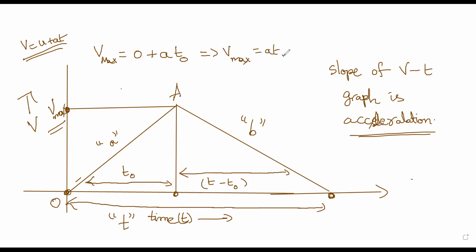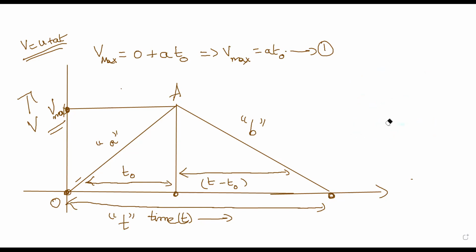So my question boils down to one simple fundamental: if by any chance I can find the value of t naught, I substitute t naught in this particular equation. Let me call this equation 1. If I substitute t naught in equation 1 by some other means, then my problem is over. Now in the second instant, it is decelerating at the rate of b. Deceleration is a negative acceleration. In that sense, we'll solve this.